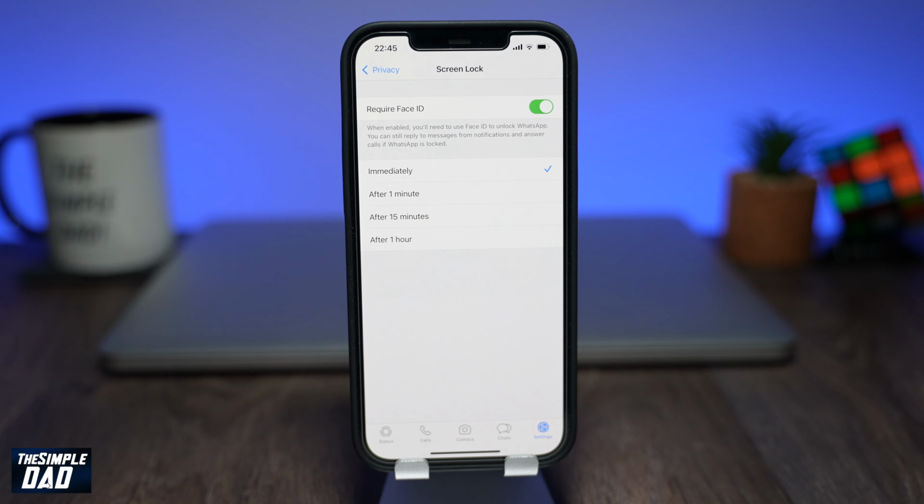Welcome back everyone. In this video, I want to show you how to enable Face ID to lock and unlock